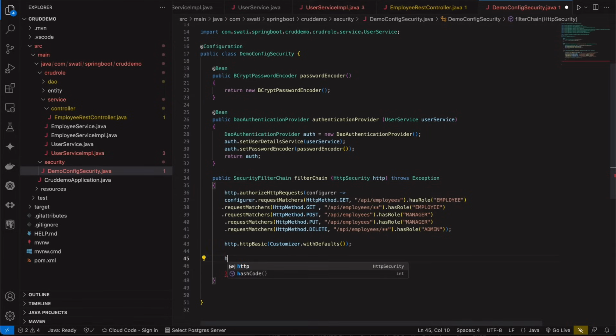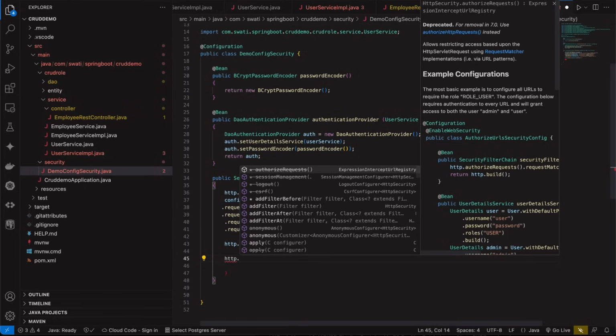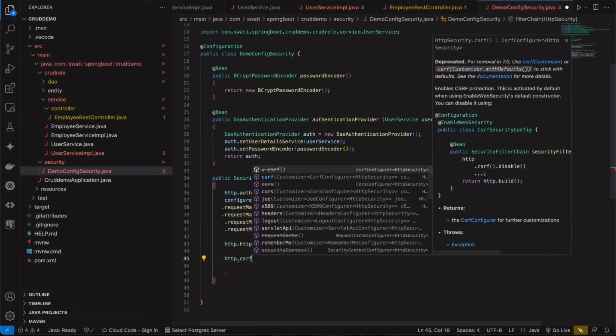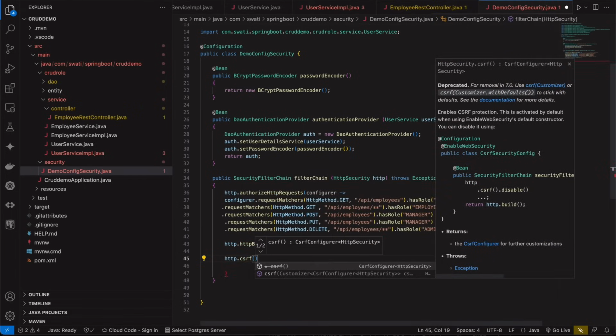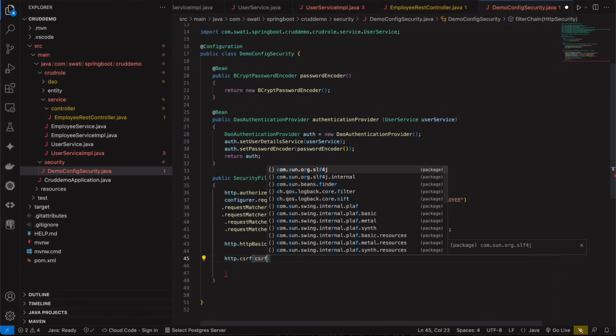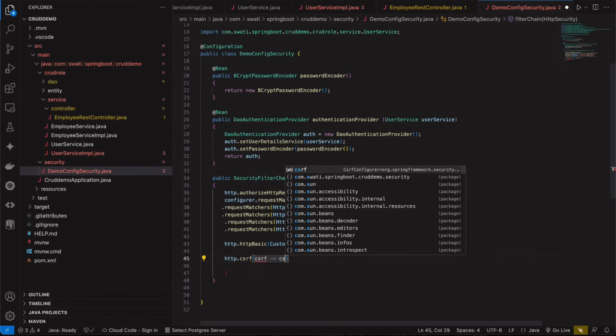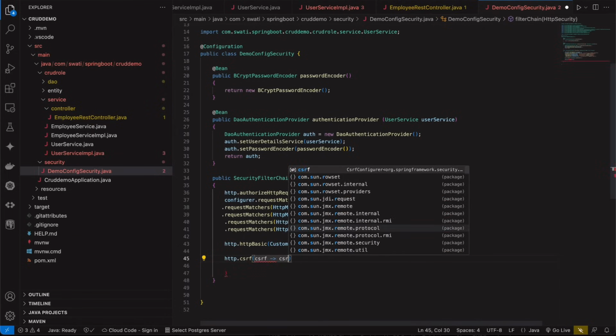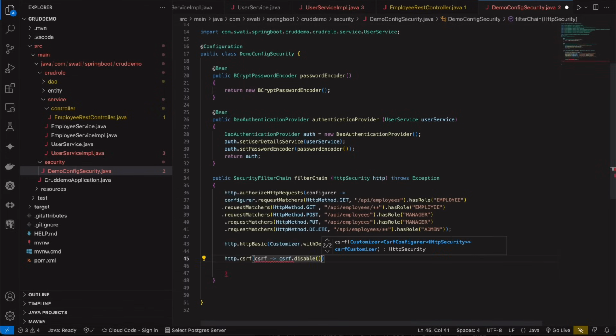Okay, so http dot csrf, sorry, csrf disable. Okay, and after it's done, then return http dot build, the method and build the class. Okay,